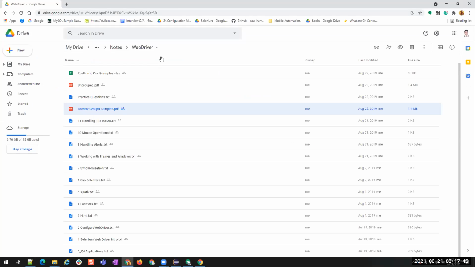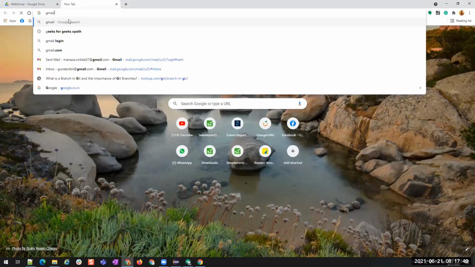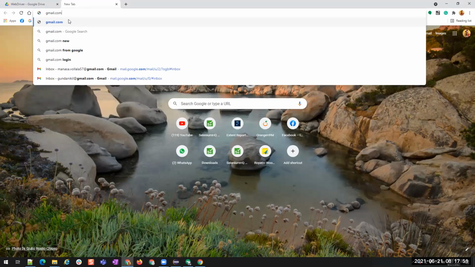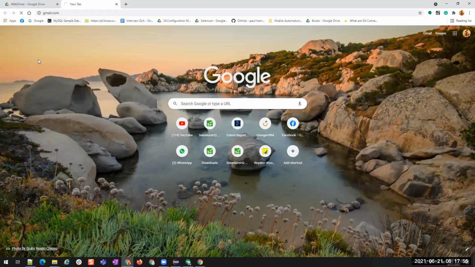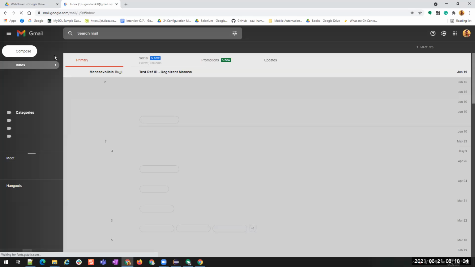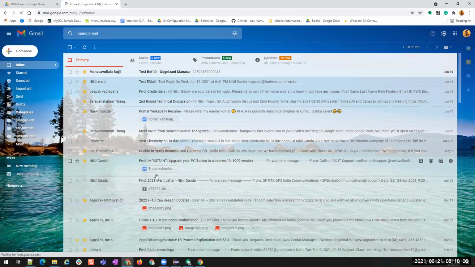Now, if you see here, suppose I opened gmail.com and I want to send an email directly. If I search for the inbox item, do I see that inbox element here? No, right? I have to wait until that page is completely loaded. Agree?